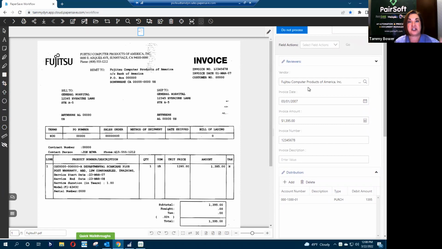And I'm calling it OCR, but know that it stands for optical character recognition. PaperSafe's tool is built on artificial intelligence. And what does that mean? That means there's a lot of information already in the system that eliminates the need to teach it or build templates. So if any of you are familiar with any old formatting of OCR, you used to have to build a template for every vendor. That technology is old. You don't need that anymore.